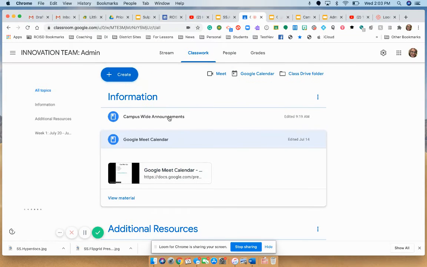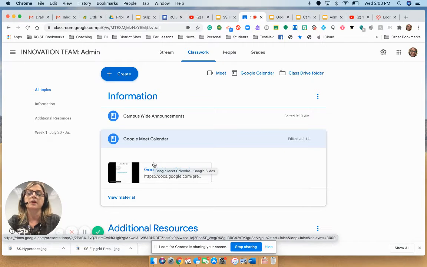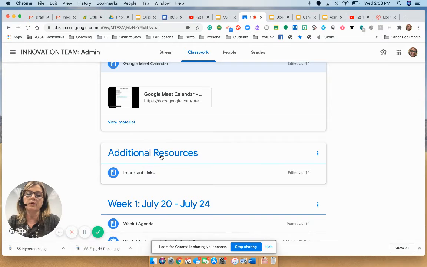So that's the very first section: information, campus-wide announcements, where can I find when I can meet with my teacher online. The second one that we want to have is additional resources. Now, these are resources that the teacher isn't necessarily using for the lesson that week, but something that students would need to go back to